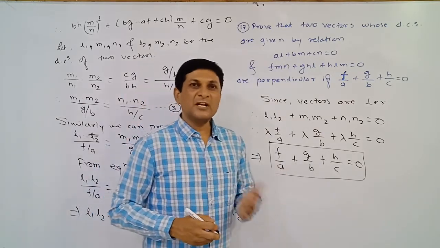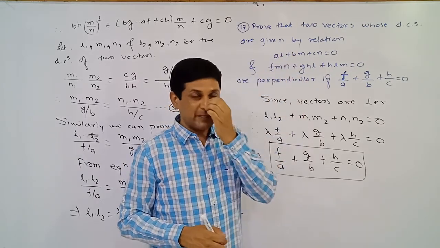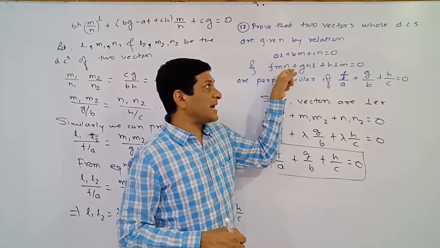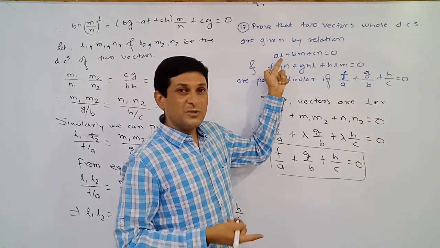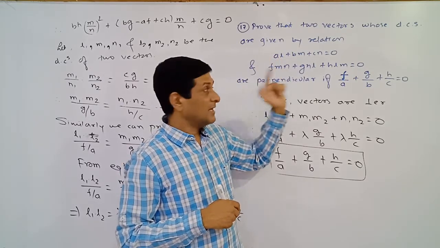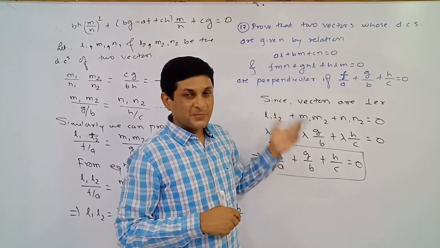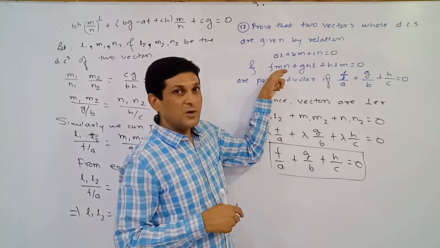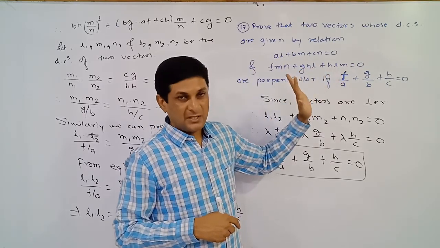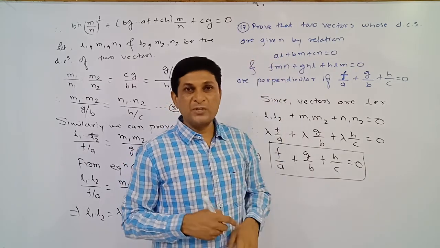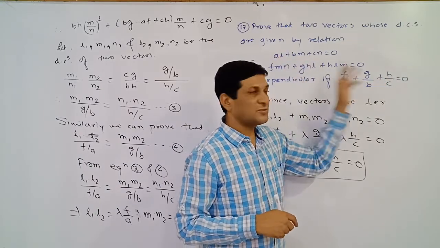Now, while solving objective type questions, if the same conditions and similar expressions are given to us, meaning these two equations are the relation between direction cosines, at that time remember that the coefficient of L we denote by A, the coefficient of M by B, and the coefficient of N by C. In the second equation, the coefficient of MN we denote by F, NL by G and LM by H. And if such two equations are given to us, how many values are we getting? A, B, C from the first equation, F, G, H from the second equation.